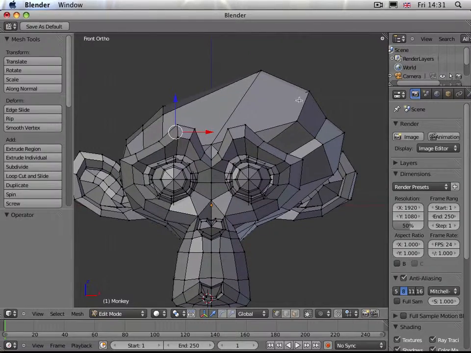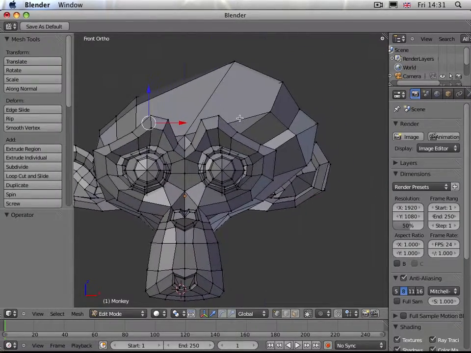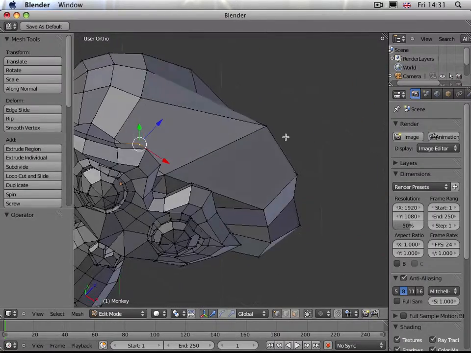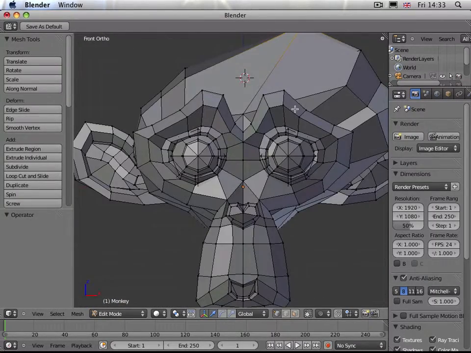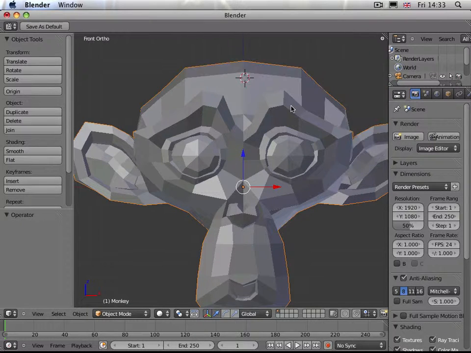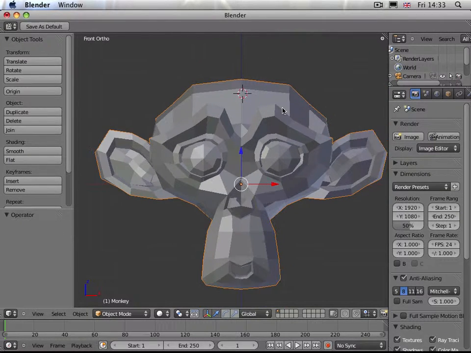Aha, okay, well, interesting. Blender allows you to undo 32 times, and I've clearly done more movements than 32. But no matter, what we can do is Tab back into object mode and undo, and it will let us go back a couple of steps in object mode,